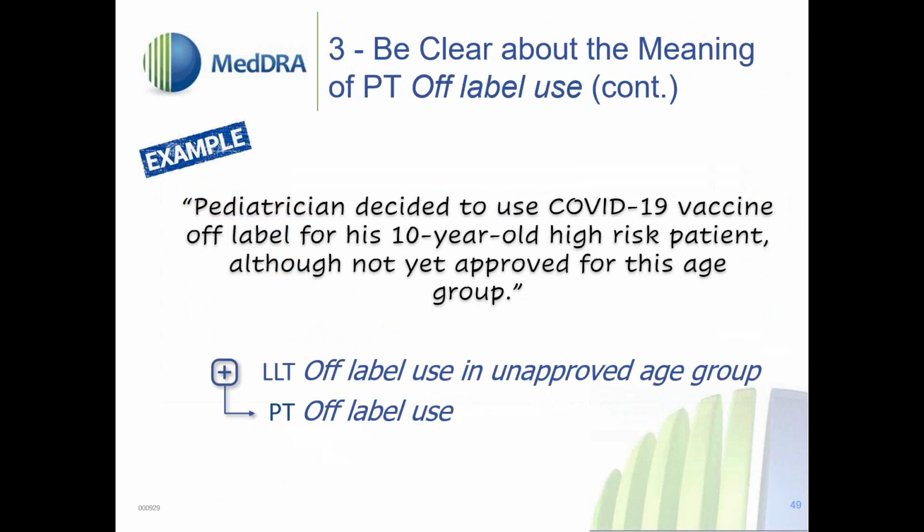Often the classification off-label use is done at the end of the case processing by the product experts, because the product experts, they have, of course, an overview about the differences in the local labels for their respective product. So responsibilities need to be defined based on the access to the information that is needed for coding to off-label use.